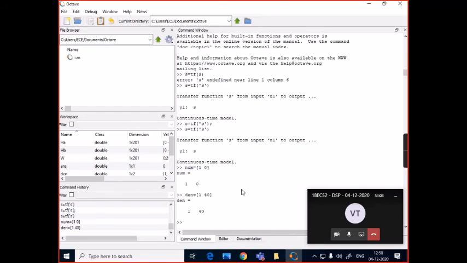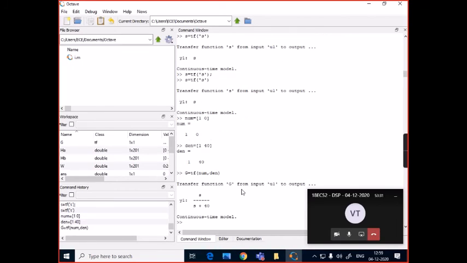This time G will be the transfer function: TF of NUM, the vector holding the numerator coefficients, comma, DEN, the vector holding the denominator coefficients. If you press enter, you will get this transfer function. This is the same one that we had written on the board. Is it the same?